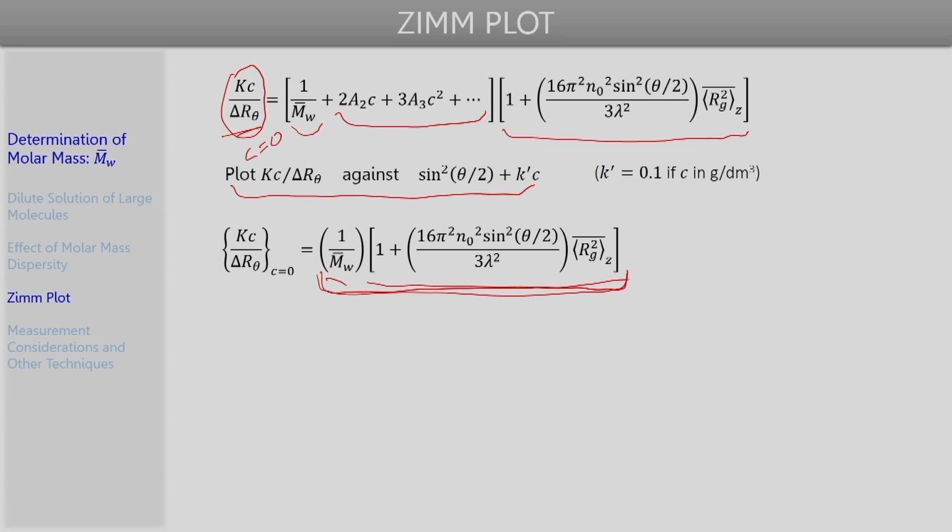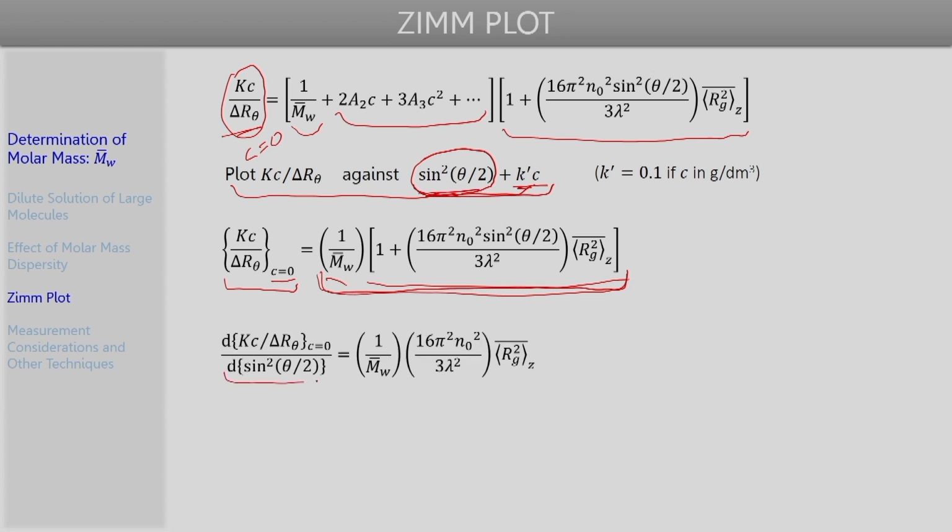And now let us differentiate this. So at c equal to 0, if we consider this composite variable, it will only consist of the sin square theta by 2 term, because when c is equal to 0, for that particular condition this k prime c will be 0. So now let us try to differentiate this quantity with respect to sin square theta by 2 and see what we get. So upon differentiation, this 1 over Mw bar of course is a constant with respect to theta, and most of the other quantities in this term are constant, only the sin square theta by 2 term is there, so that has to be differentiated. So upon differentiation we just end up with this expression, because all the other terms, as well as the radius of gyration, are independent of theta.